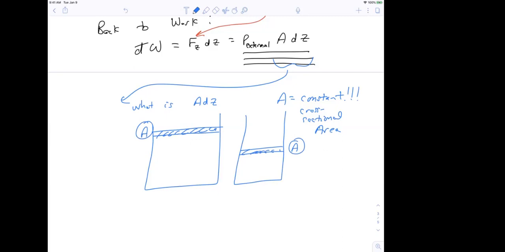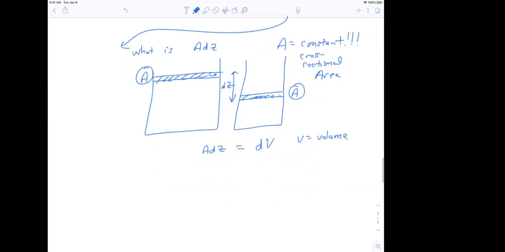A doesn't change, but what has changed is the Z position of the piston head, and that change in the Z position is given by this double arrow. Approximately. You can see that the change in Z is this guy, right? It's obvious, and so that's what we're going to label dz. Okay, but A dz is just going to equal dV, where V equals volume. And so A dz